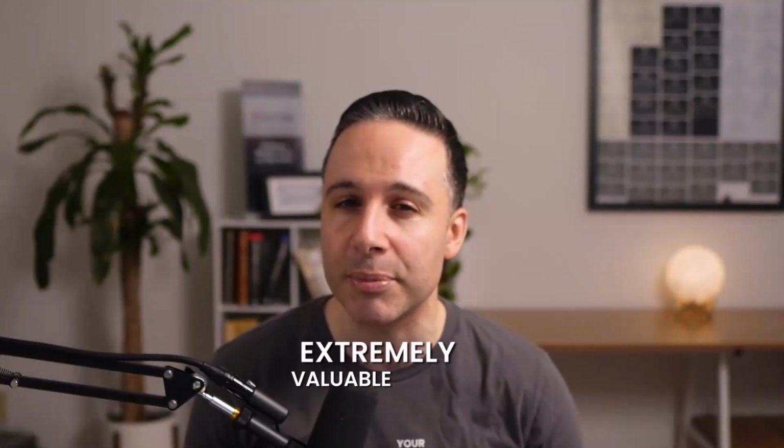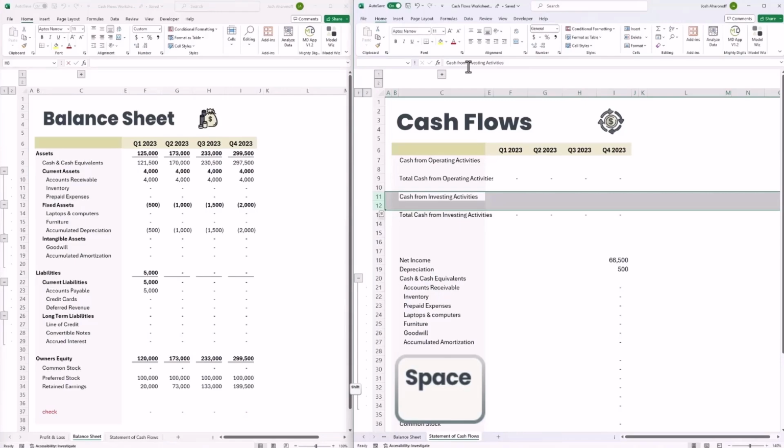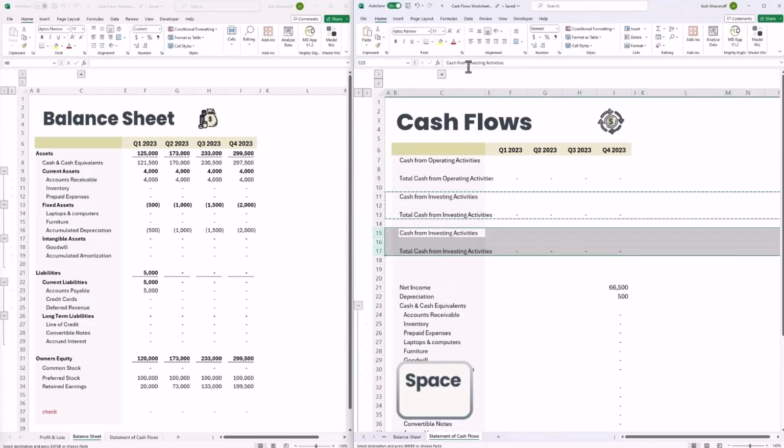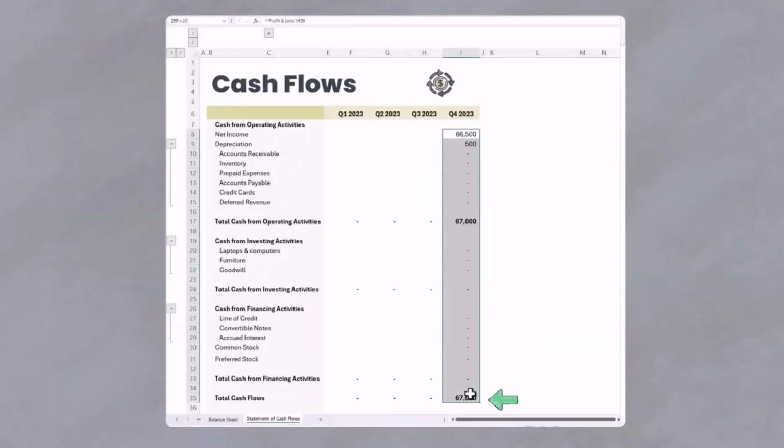And creating a statement of cash flows is an extremely valuable skill to understand and is actually one of the easiest things you can do. You really just need to follow these 3 steps. And towards the end of this video, I'll show you some neat Excel shortcuts that you can use to make this a breeze. But before we go through these steps, let's do a refresher on how exactly the statement of